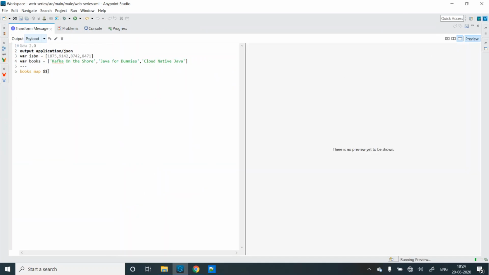Let's open up a preview and let the preview come. So I'm applying a map function to the books array. Again, this is the chaining way that we went. You can also go as map and then books and then $. That can also work, but now let's go with the chaining approach. Let's do books map and